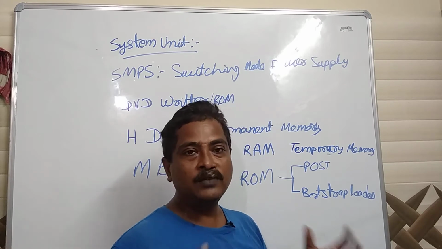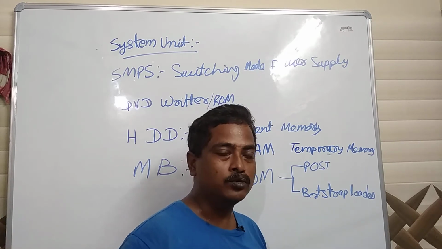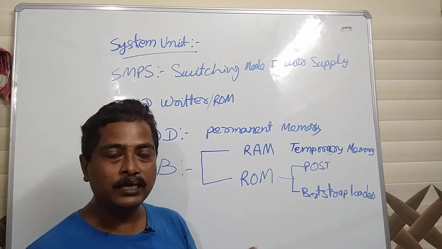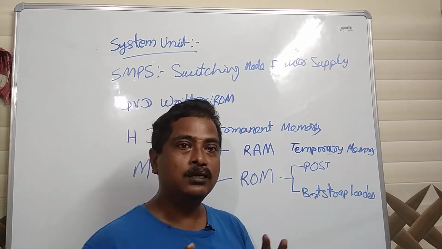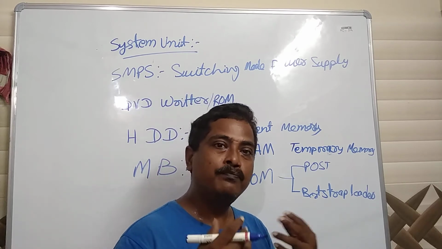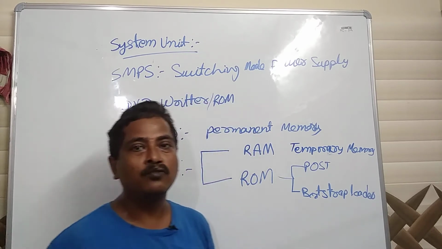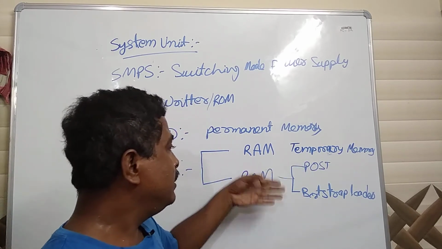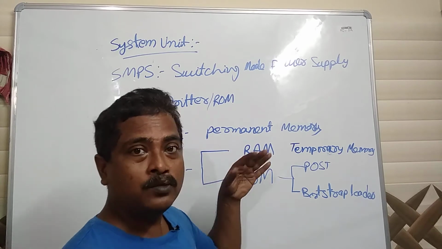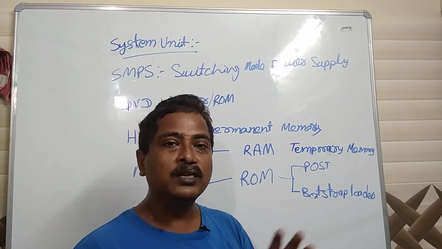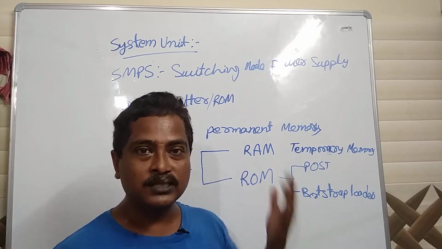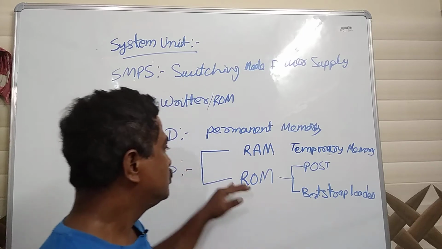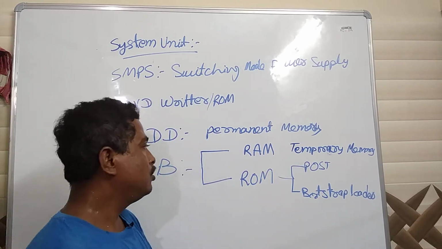As we have two types of books, printed books and notebooks. Printed books, you are purchasing textbooks from the market to read. You can't write on it. So that is the ROM, which is already printed during the manufacturing of that device. We are not printing anything. The other thing is RAM, which is just like your notebook. It is totally blank when manufactured. You are purchasing it from the market and writing on it. Whatever you are writing is written there. So this is the difference between ROM and RAM.